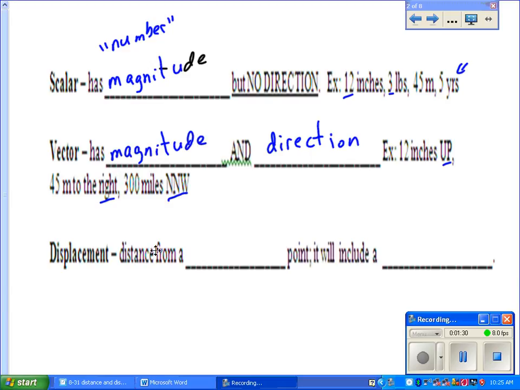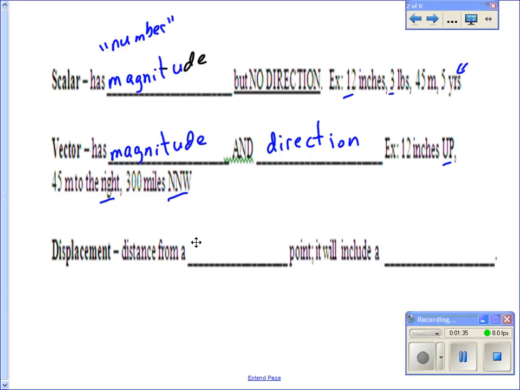So, all right, displacement. Displacement is distance from a reference point, and it will include a direction. And because of that, it is a vector. Okay, so what does this mean? Okay, this means that if my dot here is my reference point, and I take a trip and I go